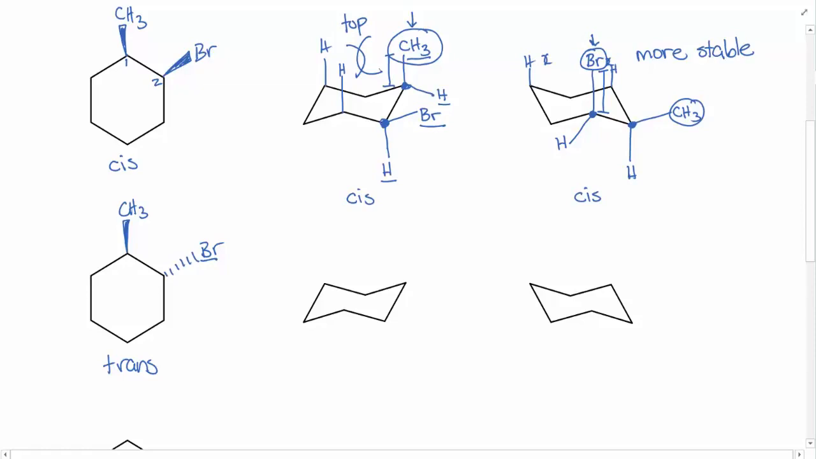Now for the bottom, for what trans looks like on cyclohexane. So let's pick this different carbon now as our number 1. So let's say we put it